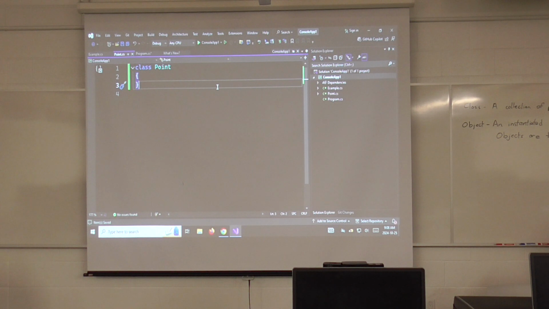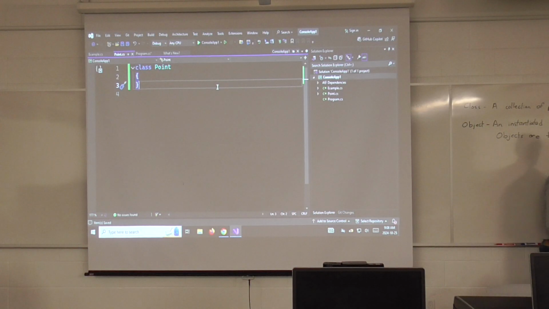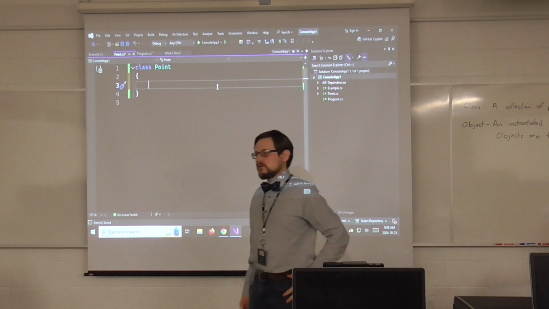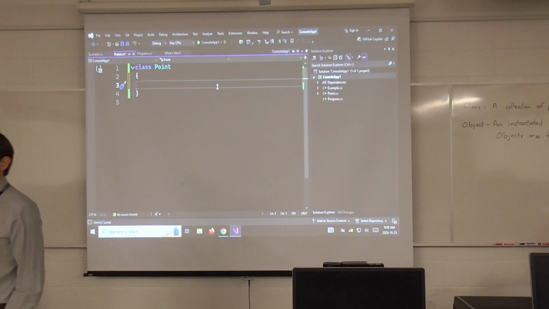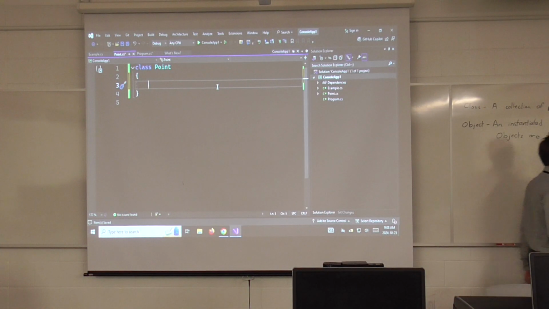Anybody else need help getting the new class name? We're good? Okay. Good. So, we are writing a class which creates a point in two-dimensional space. In effect, what we are going to be doing is reproducing some of the features of the Unity Vector2 class,